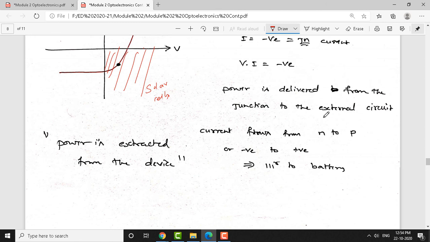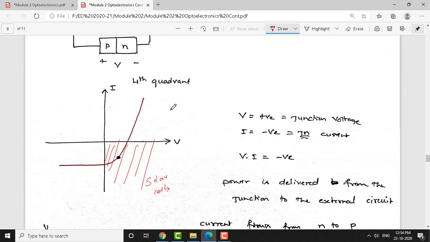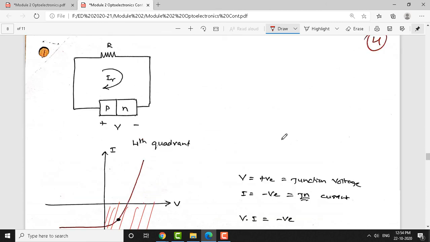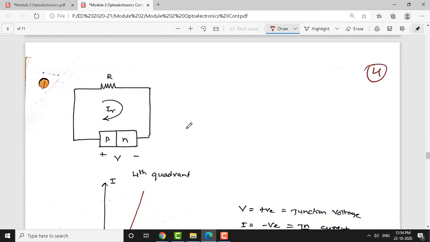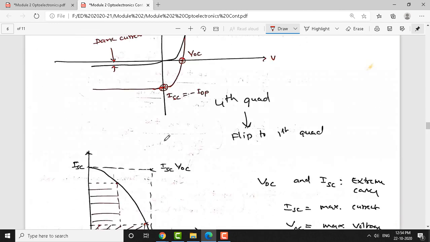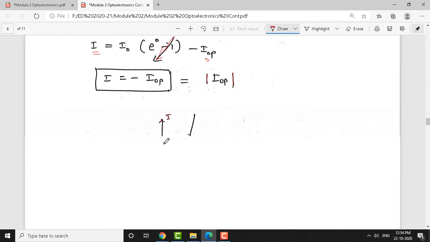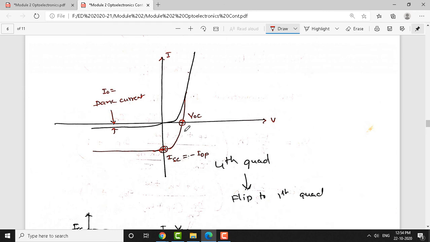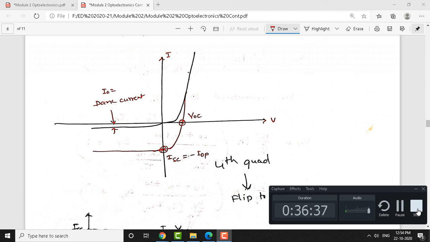That's all for today's lecture. In the next class we will continue with the same things we have discussed today. In conclusion, we have covered today's class with the derivation of VOC and ISC, and finally we have connected that with the characteristics here. I will stop at this point, and if there are any questions I can take them offline. Kindly ask me if you have any questions.